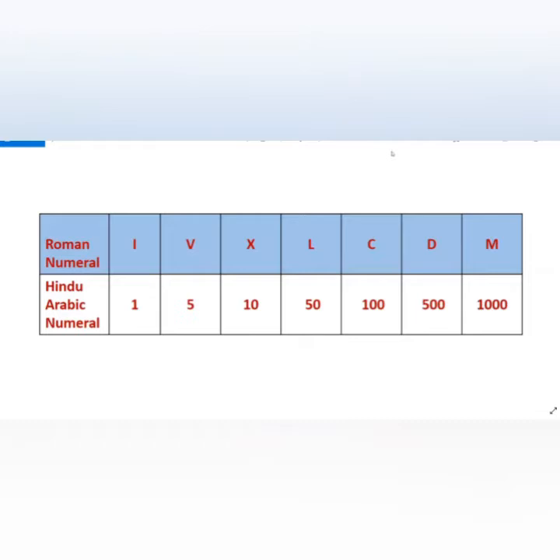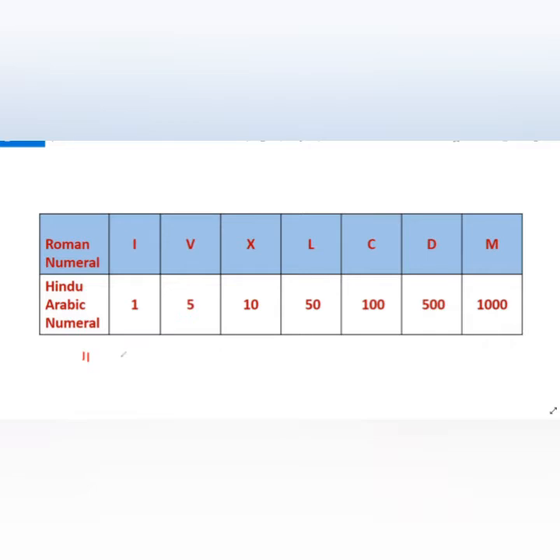Okay, here 1, 2, 3, 4, 5 up to 12 is written on this clock. So these are Roman numerals written on this clock. Okay, you understand that. So you listen here. Look at this. Here, the Hindu Arabic numeral is 1 and the same Roman numeral represents 1. And 2, how to represent 2? 2 ones are written, that means 1 plus 1 is 2. So 2 is written and 3 is 1 plus 1 plus 1.